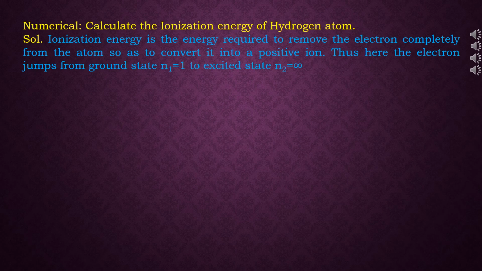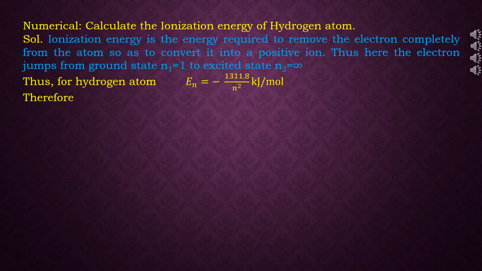state n2 is equal to infinity. As we know, the energy expression for hydrogen atom is equal to minus 1311.8 divided by n square kilojoule per mole. So in this case, we have to find out the energy difference between the infinite state and the ground state. Therefore, ionization energy is equal to E infinity minus E1. So here E infinity is equal to 0